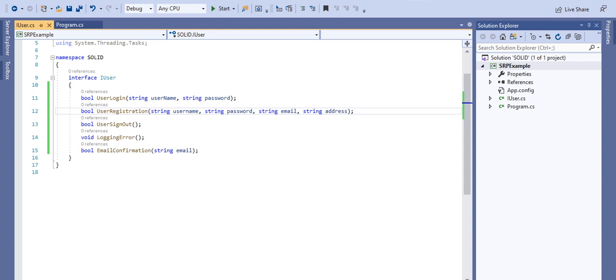But as of now we have a small application, so we have written all the functions under this IUser, and it will not cause a problem.